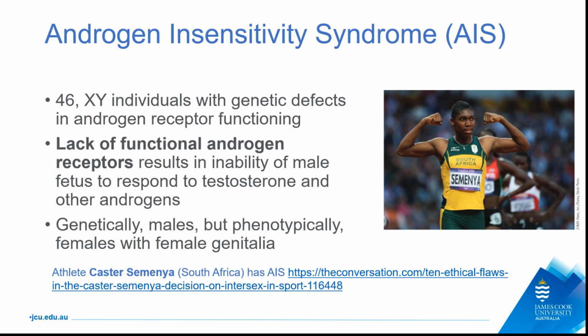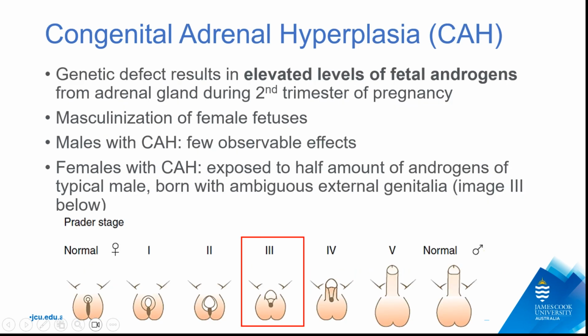So very complicated, and this person actually, genetically, is a male, but competed with the other females and beat them hands down in running. I cannot remember whether it was the 400 or 500 meters, but he really beat them hands down. And then there was a huge debate that we shouldn't have such people competing with all the other female athletes. Extremely unfair. And now we turn to CAH.